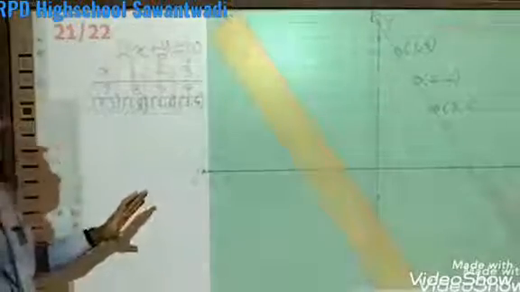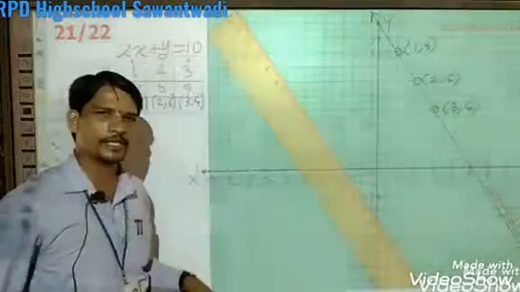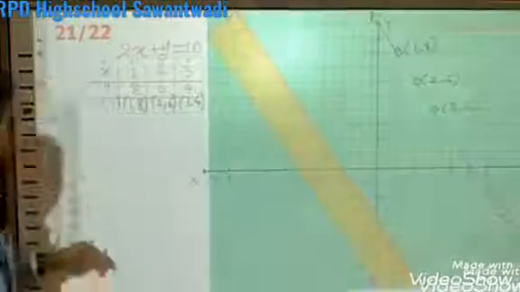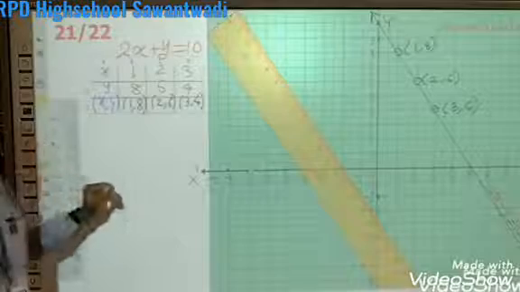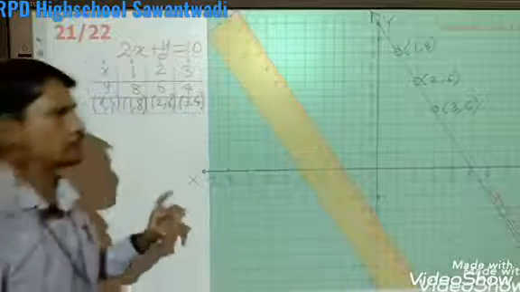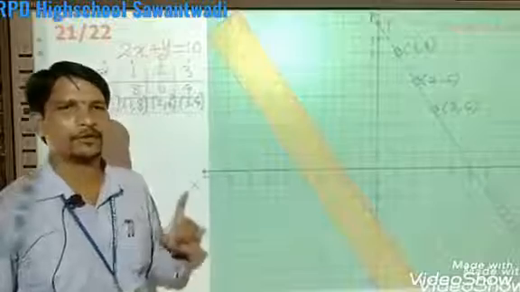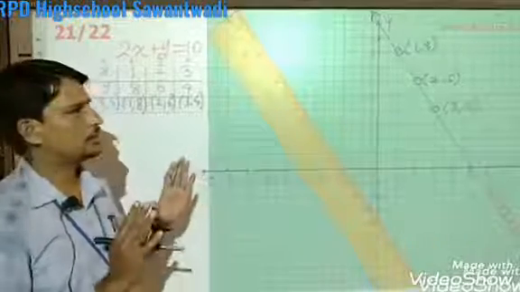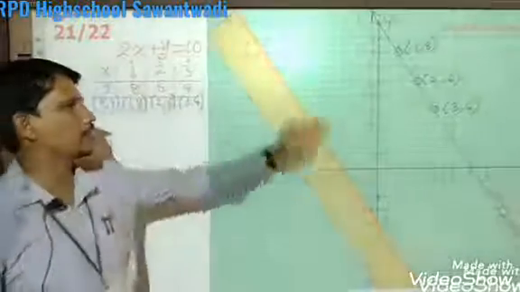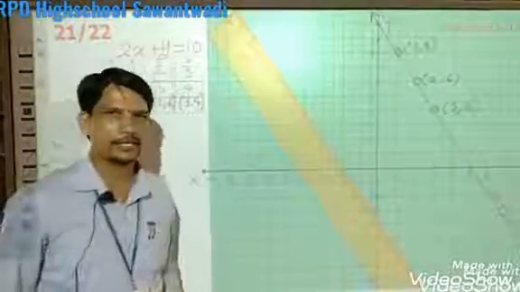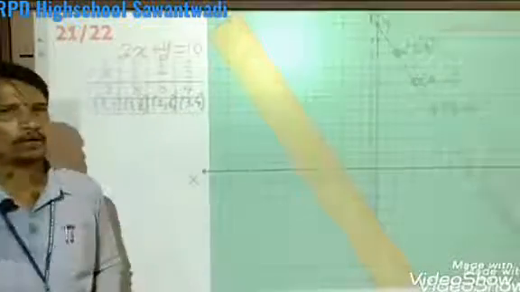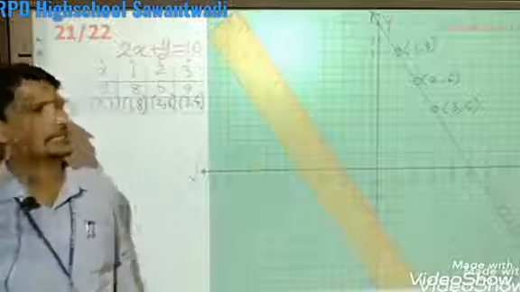So in this way, you must be able to draw the graph of the equation, and then what we'll have to do is how to get the solution. That part we'll see in the next period. So for the time being, whichever examples you have solved in practice set 1.1, you will have to use those equations and frame this type of table and just plot their lines. Is that clear? So this work you will have to do at home, and after that we will see exactly how to get the solution.